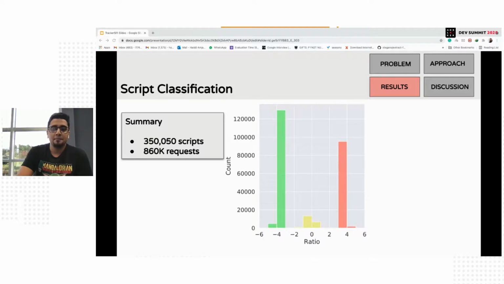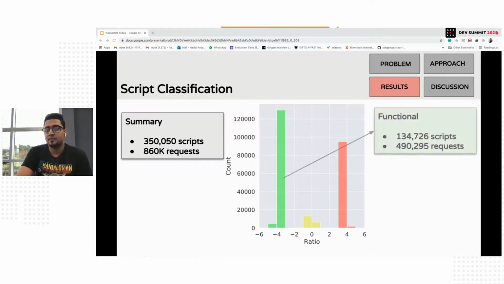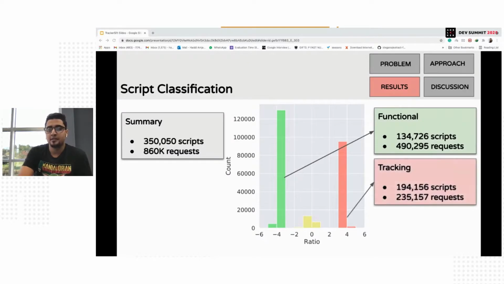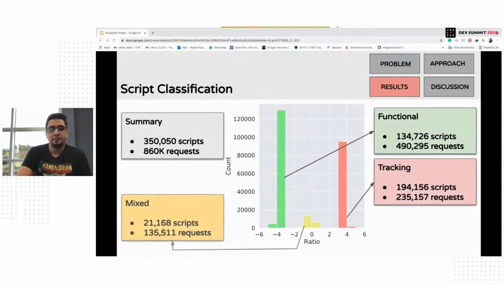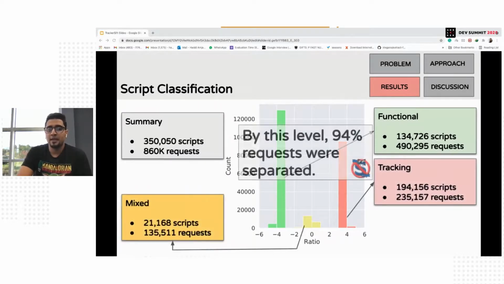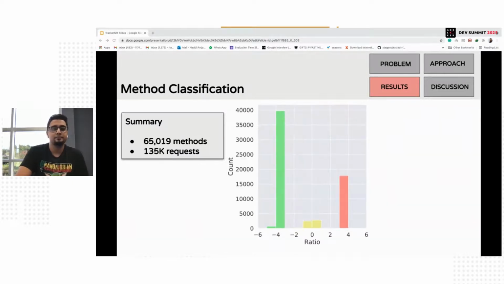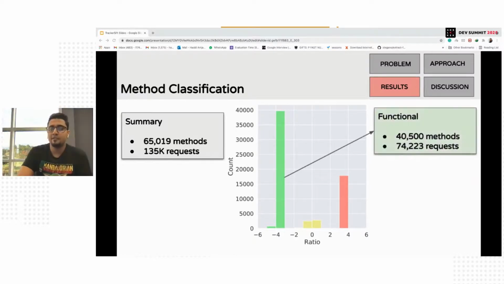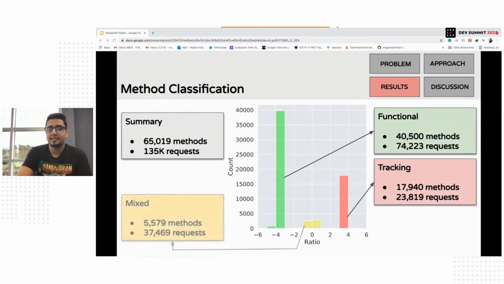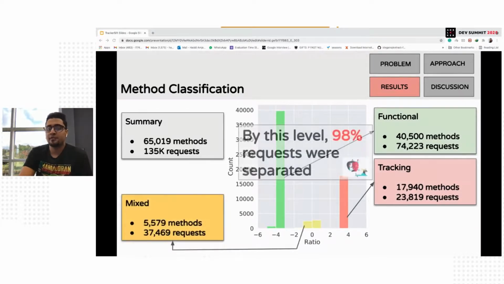At the script level analysis, it detects 135K functional scripts, 194K tracking scripts, and 21K mixed scripts. And again, for the 21K mixed scripts, we slide down to the method level analysis. At method level granularity, it detects 40K functional methods, 18K tracking methods, and 6K mixed methods. And once again, TrackerSift is the first tool to analyze the methods of the script and classify 98% of the